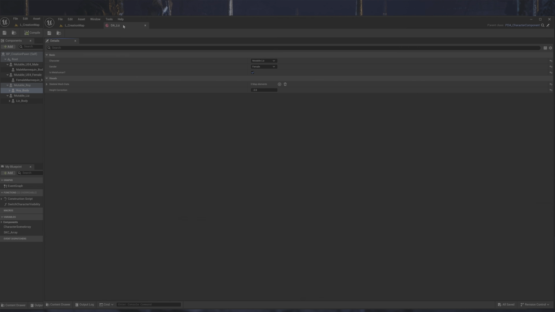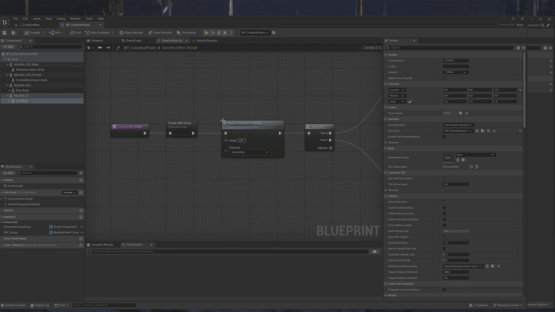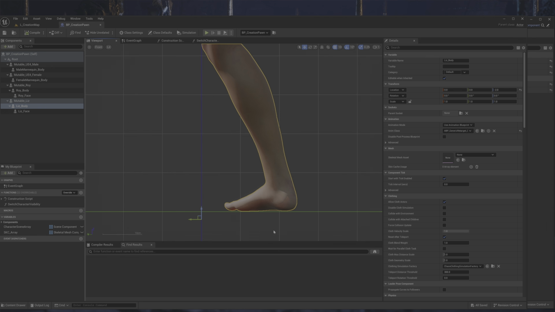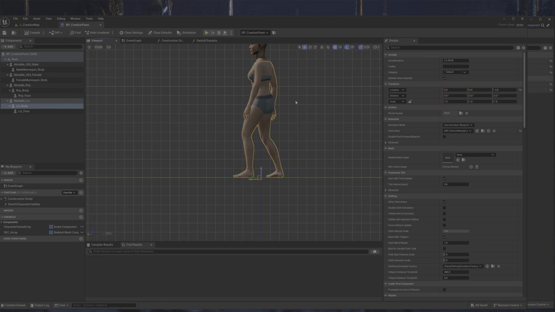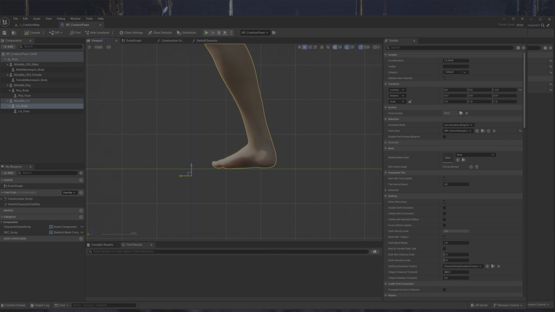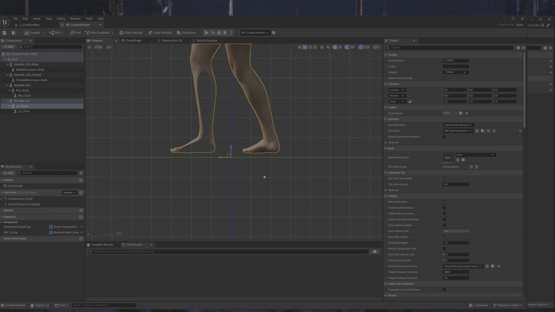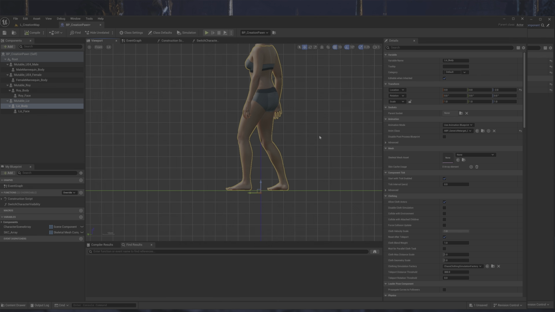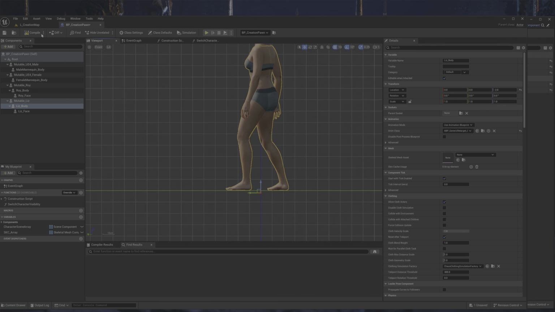This is minus 2. Let me show you this. Minus 2, but this is because I already had minus 2. Sorry, I changed it, but I didn't reset it. So you should have the thing here. So you set it to minus 2, and you are good to go. Okay, compile and save.